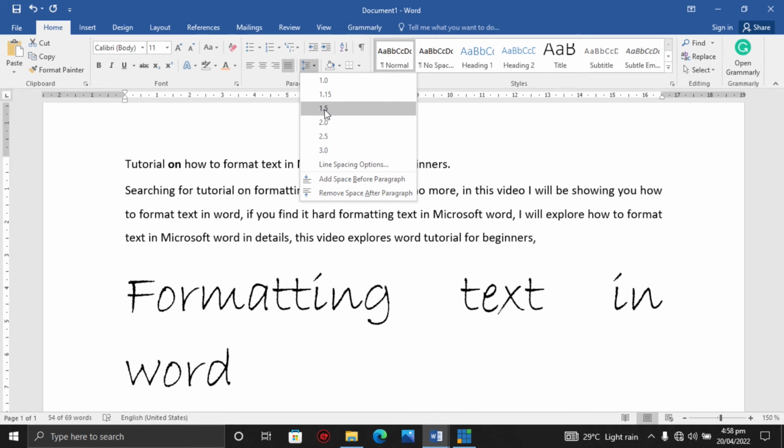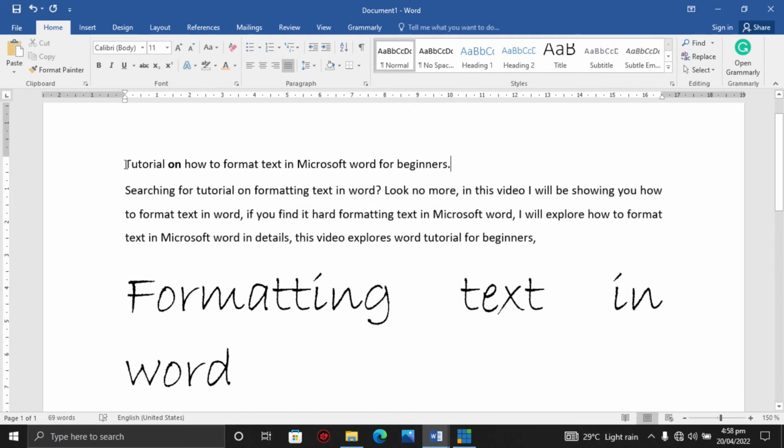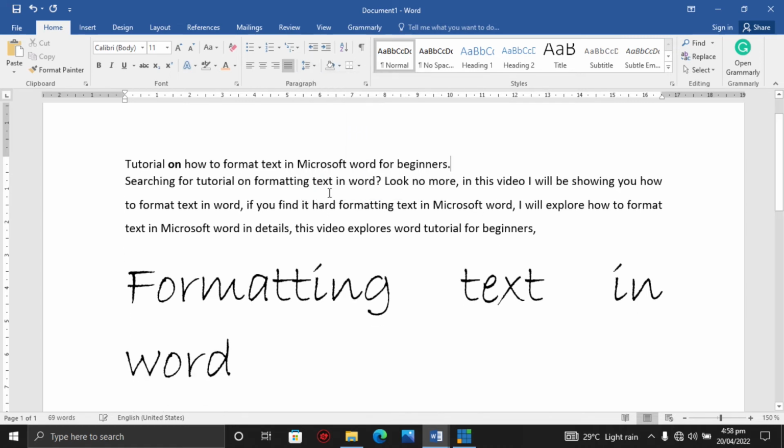Now, paragraph spacing is the space between this first paragraph here, and the second paragraph here. So you can see that there's a space between here and here, right? So if I go back, click here and say, already we have a space. So if I go to remove space after paragraph, you can see that the two paragraph blocks together to actually form a single block.